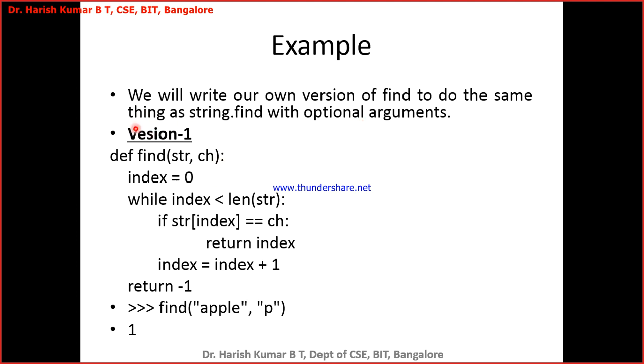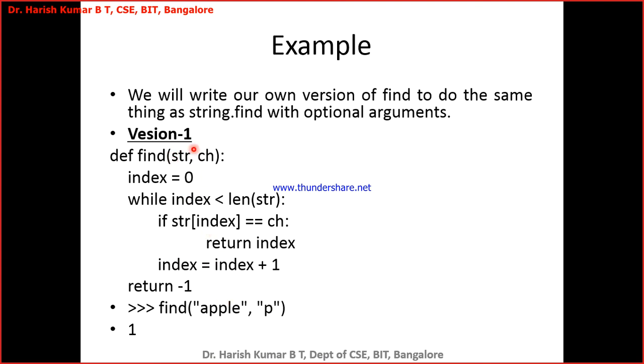So, the first version of the definition we are writing now for the find method: you can look here, the find method, or you can say the find function, is invoked by passing 2 arguments. One is the source string, and the other is the pattern which I want to search in my source string. What find should return is the index where this pattern is found. And the definition here is written to do that.